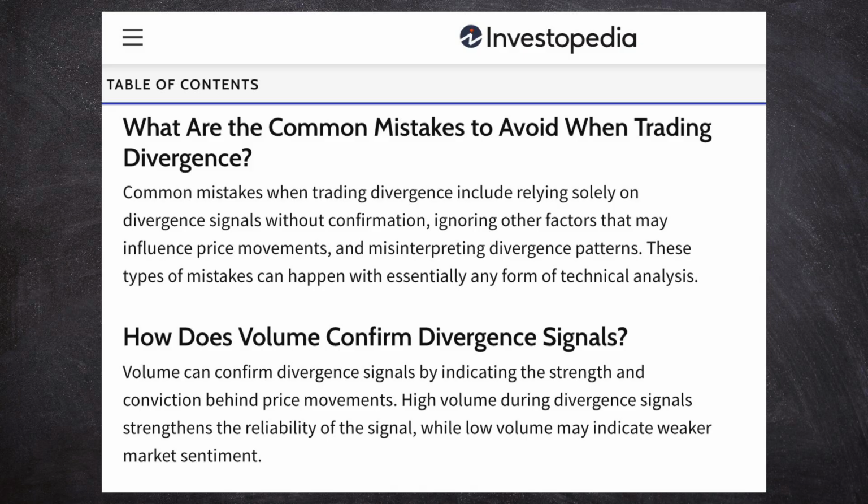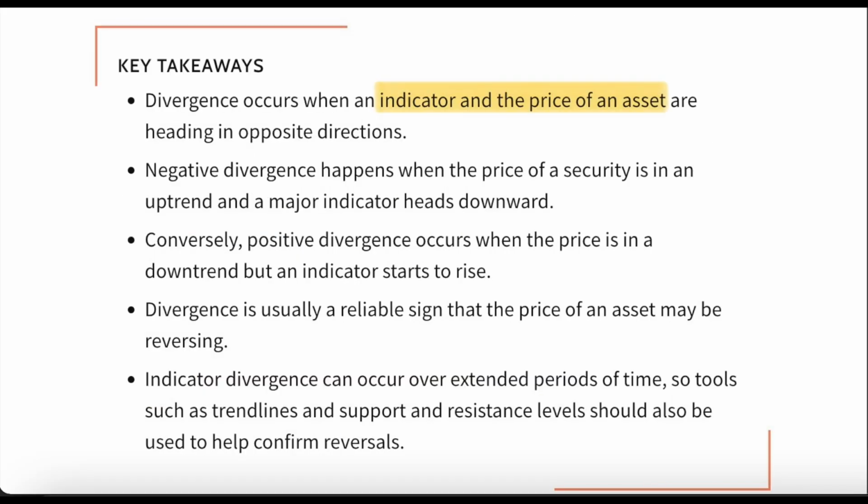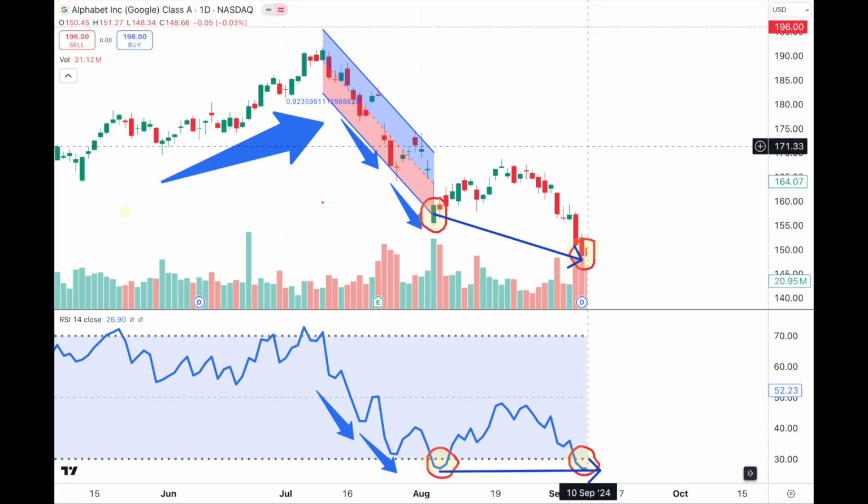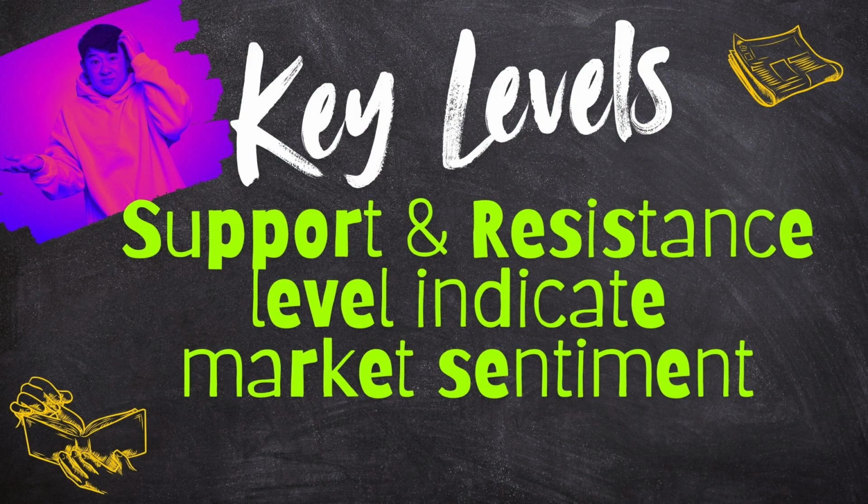Well, it's also important to note that not all divergences are equal. Focus on those that occur near key support zones or oversold RSI levels below 30 for higher probability setup. Now let's move to our next step. Let's identify the appropriate key level to assess the strength of the bullish divergence. If a bullish divergence is apparent but the price fails to surpass the key level, it becomes an invalid divergence